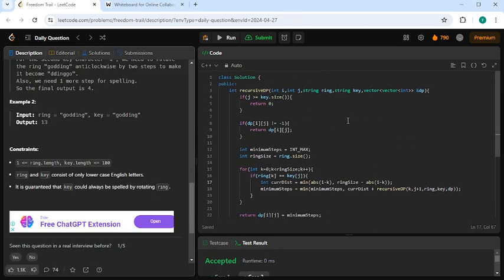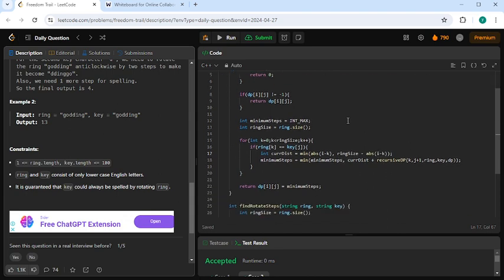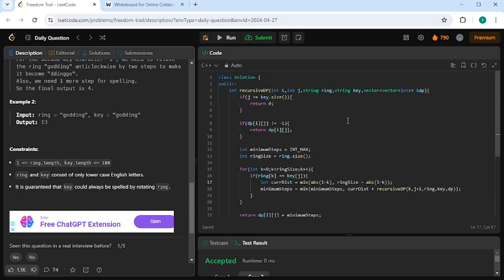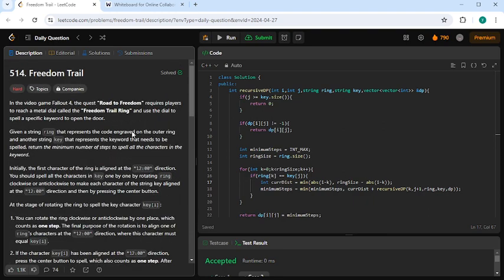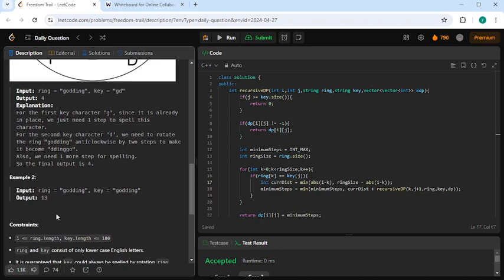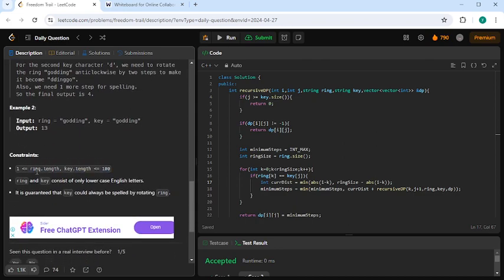This is pure recursive DP. We call it top-down DP, or the memoization technique. So in this manner, I have solved this problem. Hope you got the approach behind it. This problem is not very difficult. You just require a basic understanding of how to apply DP and how to consider both the cases. As minimum is there, and as we have two choices, whether to move anti-clockwise or clockwise, this is the biggest hint to go the DP way. And the constraints are also a big hint that this is a DP solution.